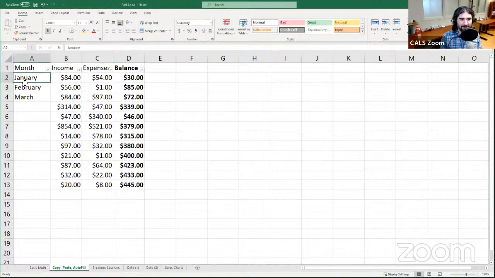I wrote January, February, and March over here, and then I stopped. There's a really handy thing that I can do to fill out the rest of this. Instead of coming down here and writing April and then May and then June, I can instead select these cells. So I'm going to click in the middle of cell A2, and drag my mouse down until I get all 3 of these cells selected,